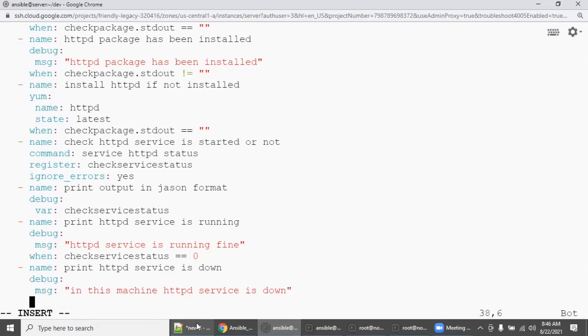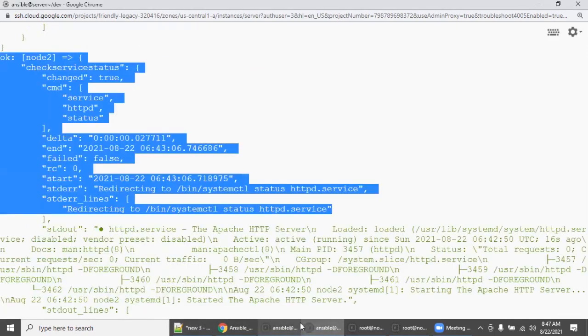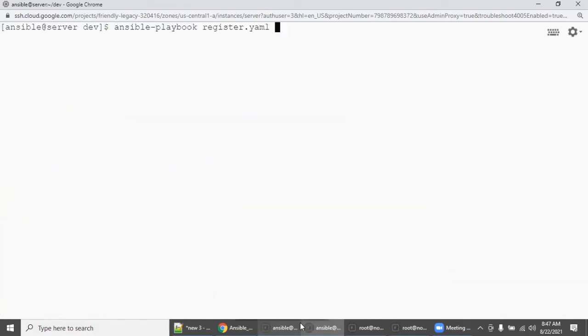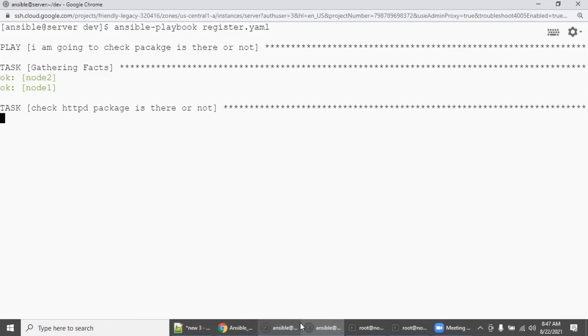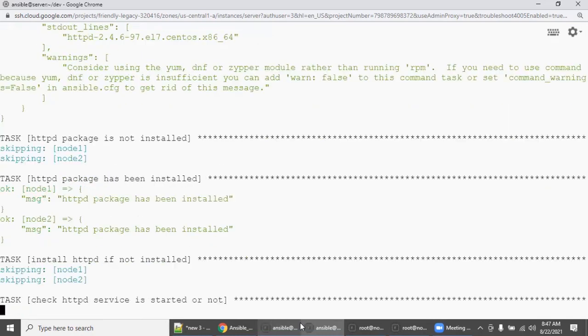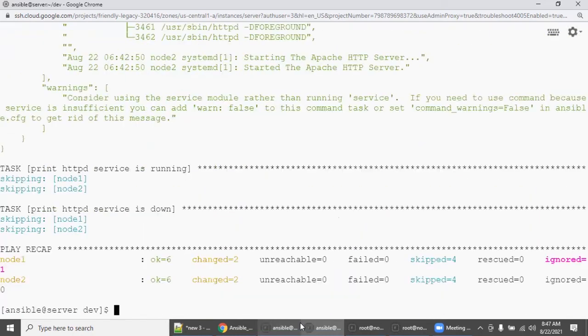This should happen only on the machine where the service is actually not running. When check service status equal to 3. So let's save it and see whether it is working correctly. We are going to execute again. This time, one machine should print service is running, and another machine should print service is not running.